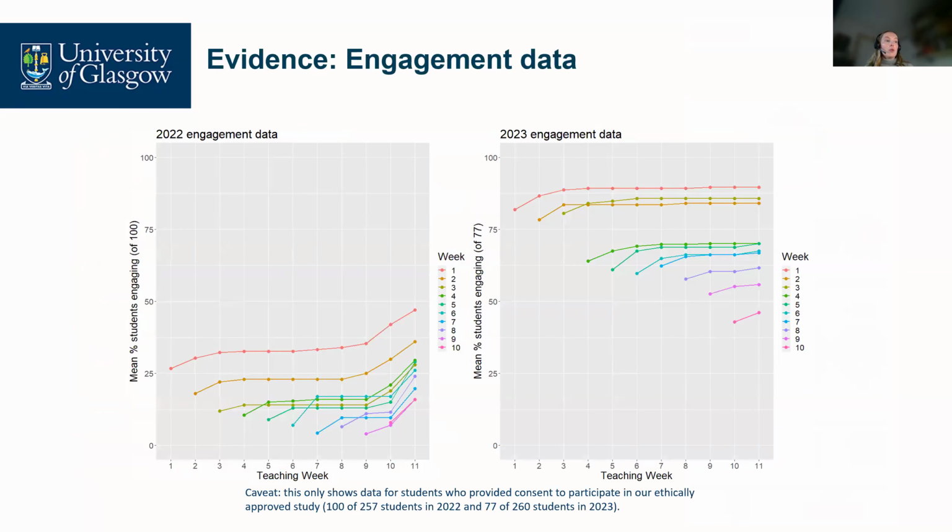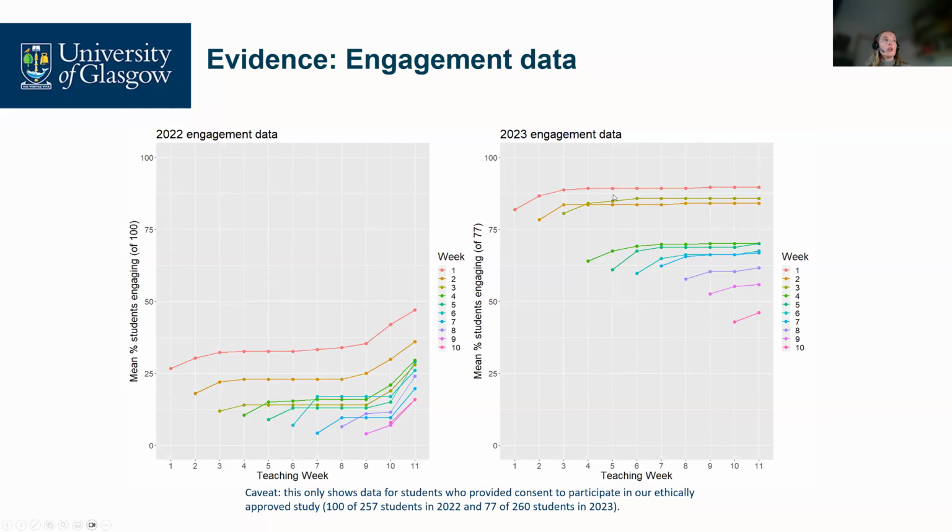And this is what we found. From the year before, the graph I already presented is on the left-hand side, and then the year that we introduced Level Up, you can immediately see the massive increase in engagement that we were seeing in those pre-lecture materials. So for example, again, we'll look at week 1. At the end of week 1, almost 80% probably had completed that material before our lecture. And then by the end of the term, we're sitting even higher than that.